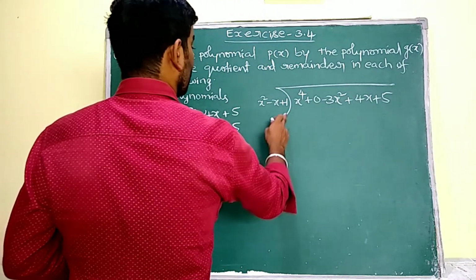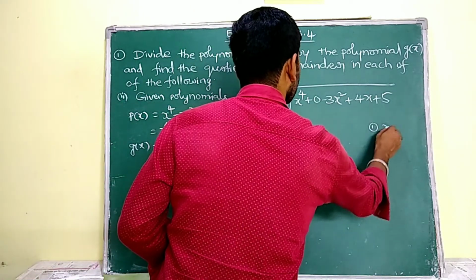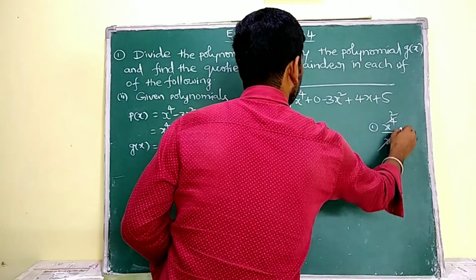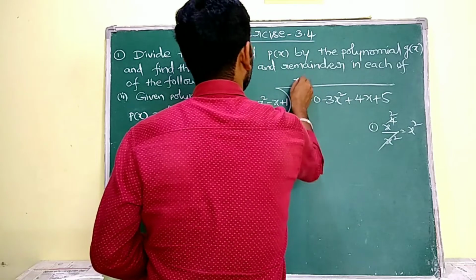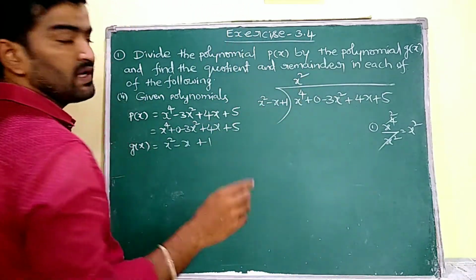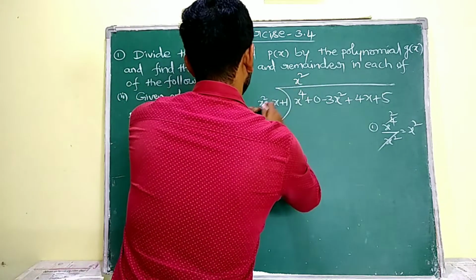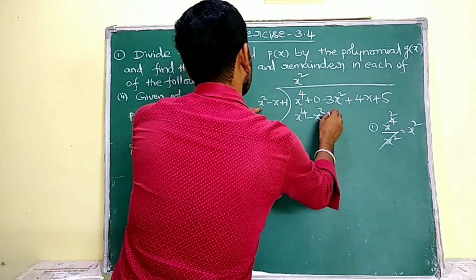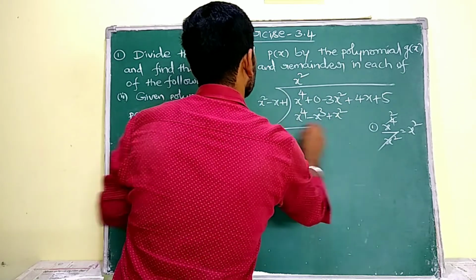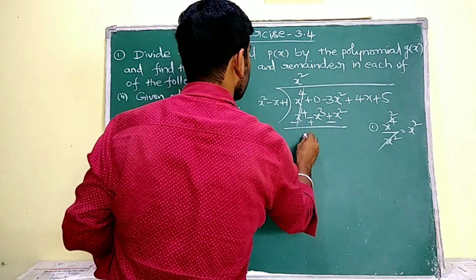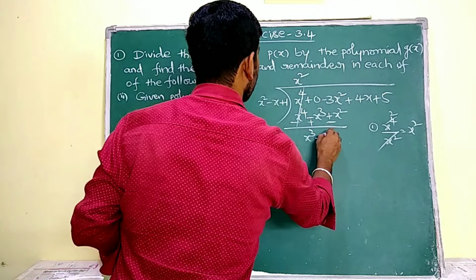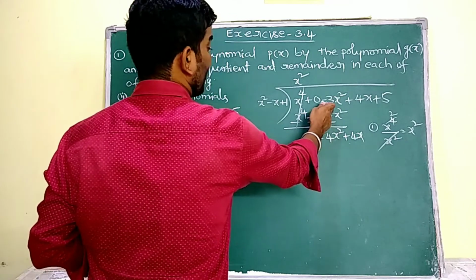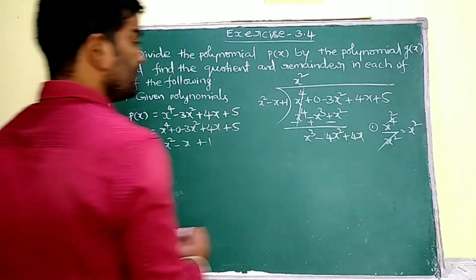Now see. For obtaining the first term in the quotient, I have to divide the first term of the dividend by the first term of the divisor. Here 2 x's are going to cancel with 2 x's. Then I am going to get x square in the quotient as the first term. Now I have to multiply this x square with the divisor. So x power of 4 minus x cube plus x square. So minus plus minus, here these two terms are going to be cancelled. Then x cube minus 4x square plus 4x I have to write. Why? Because here, minus 3x square minus x square, that is minus 4x square.